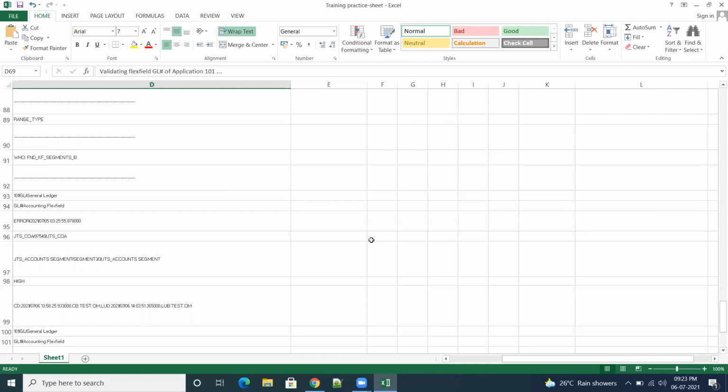But for your future practice, all kinds of stuff, I'm going to give the standard primary ledger, which we can create from the rapid implementation. That particular ledger you can use as a reference, and then if you want, you can create multiple BUs under that one. That is for practice purposes.